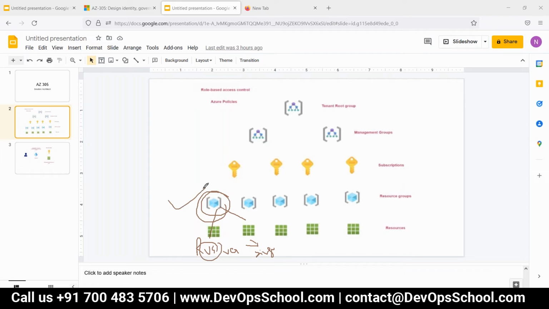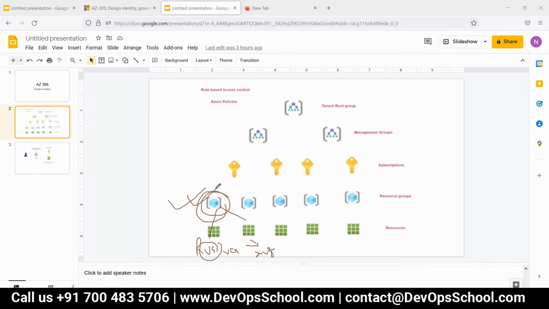What is the region of the resource group? When you say metadata, it is a kind of configuration data related to the resource group. For example, what are the devices that come under the resource group, or the allocation of the devices within that. That configuration data is called metadata.